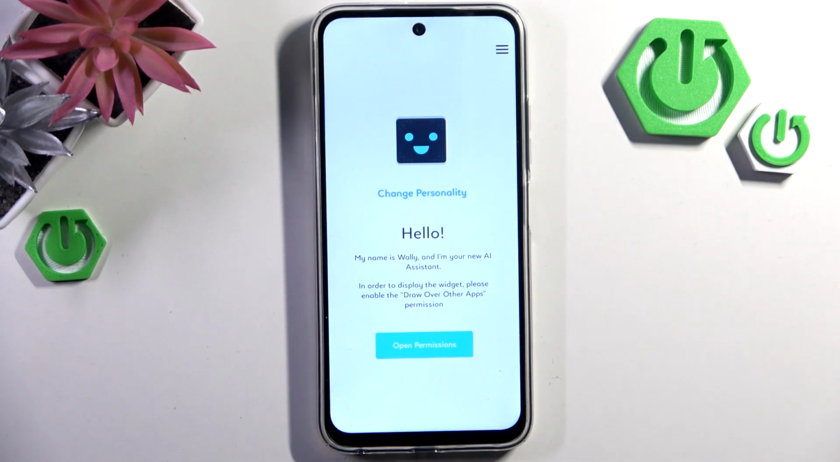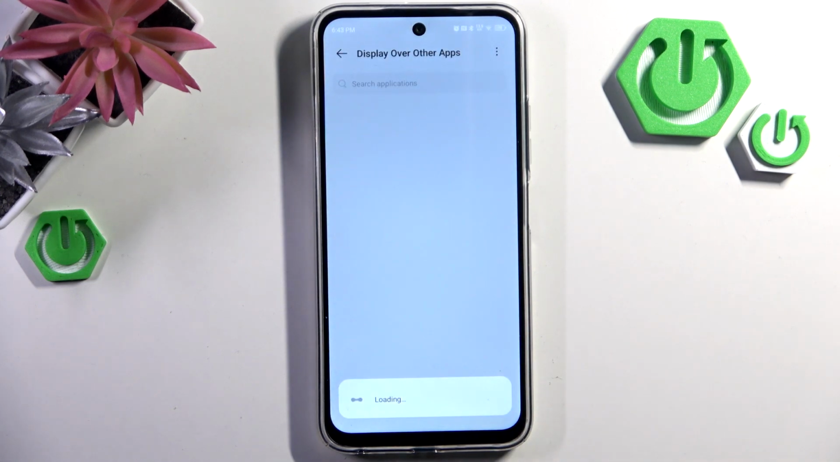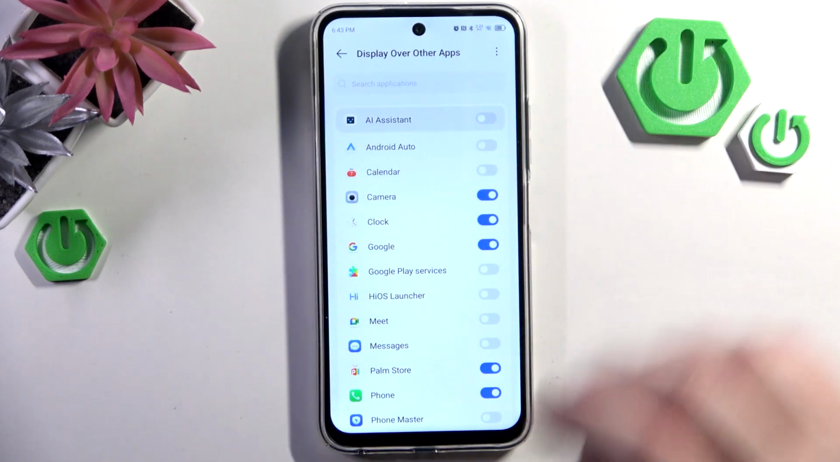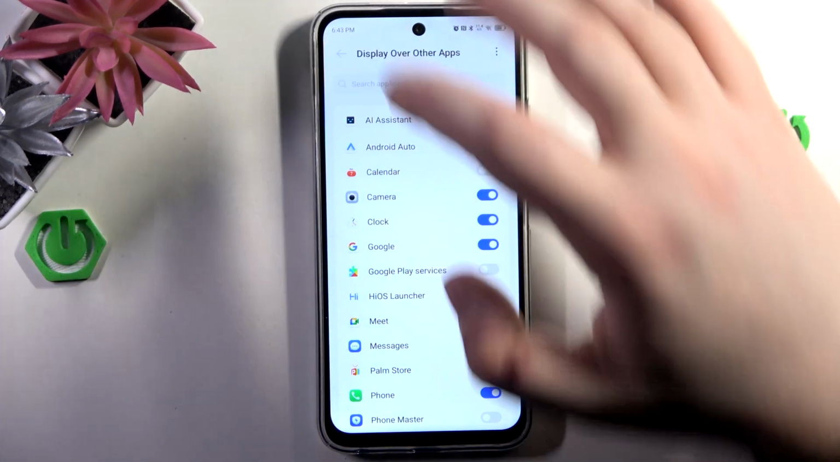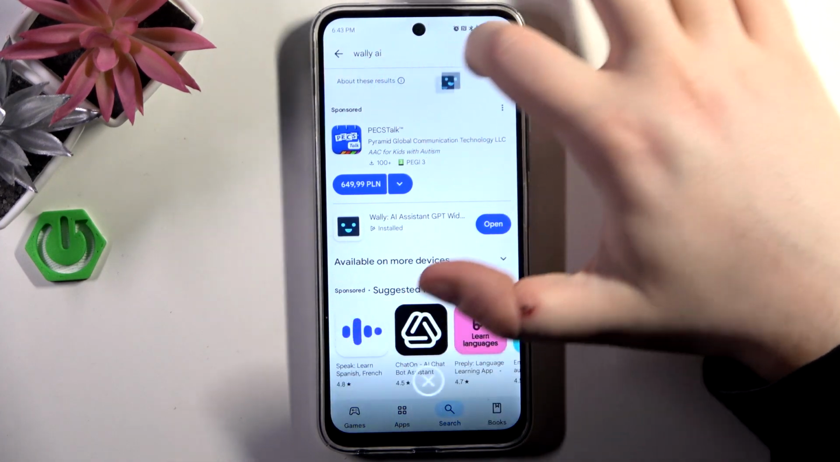Then click on this button to skip introduction and click open permissions. Now you have to click here to allow this app to display over other apps, and then you can go back. And now you have to click start, and as you can see right here there is my ChatGPT widget,